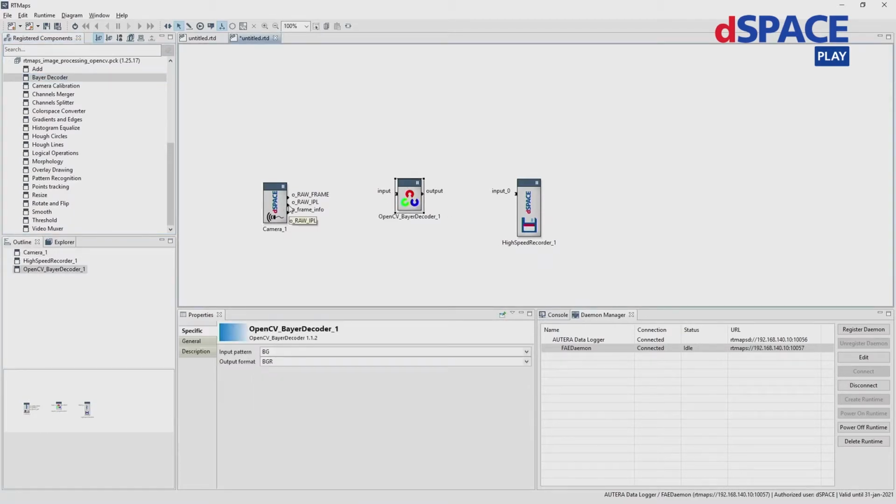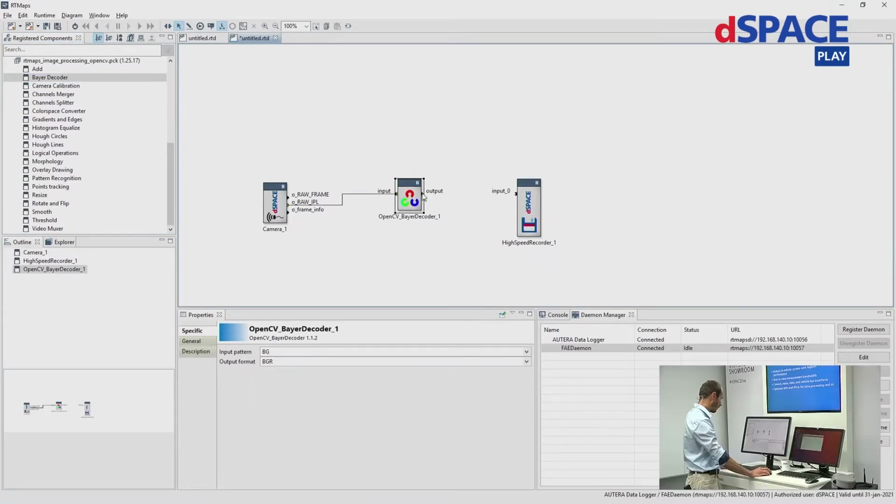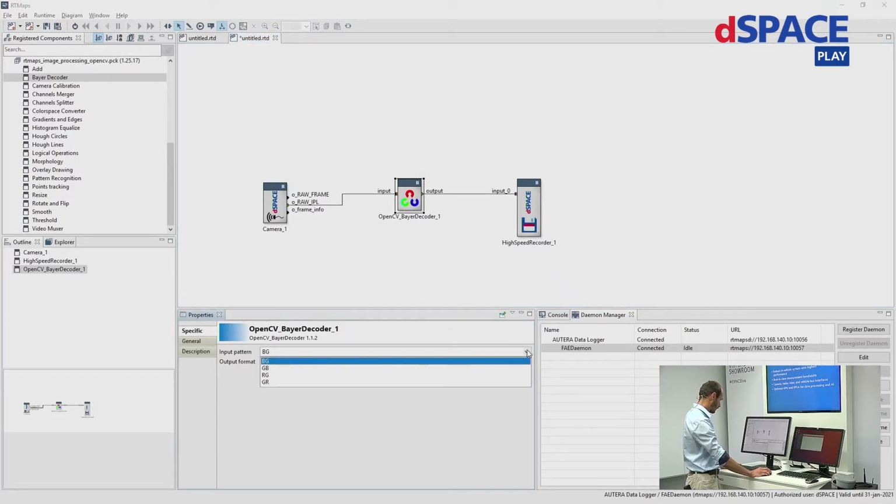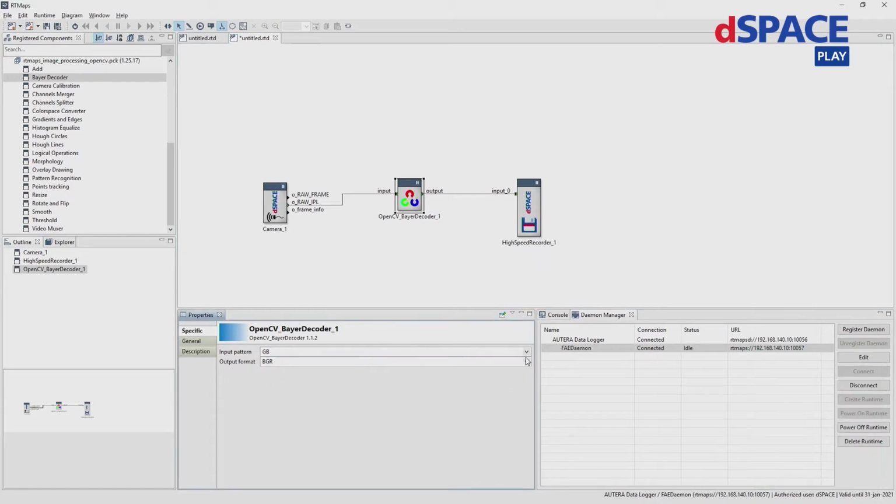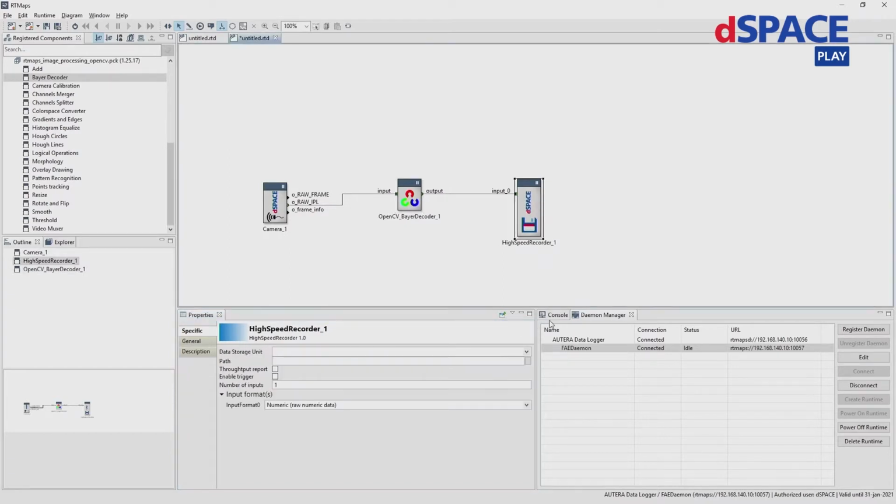And just connect outputs and inputs of the blocks here. We have to configure the converter: the input is RCCB and the output is RGB. So we would be almost ready to go. We also have to set up where we want to store the data.